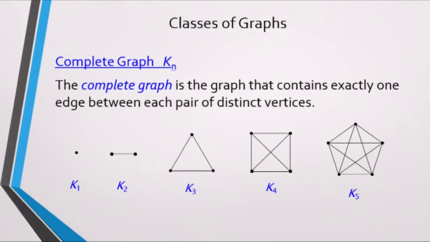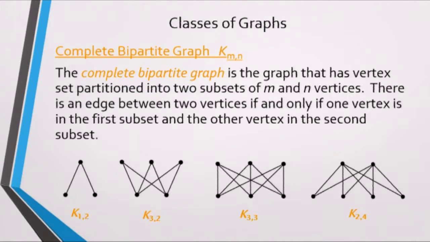Okay, so now let's look at some classes of graphs. Complete graph, which is denoted by capital K sub n, is a graph that contains exactly one edge between every pair of vertices. So obviously, K1 doesn't have any edges, K2 has one edge, K3, K4. By the way, there are 4 vertices. This is not a vertex, that's just the edge crossing. And K5, 5 vertices, and then there are 10 edges altogether. Okay. So that's one kind of class of graph.